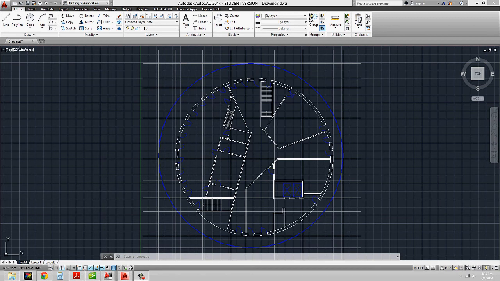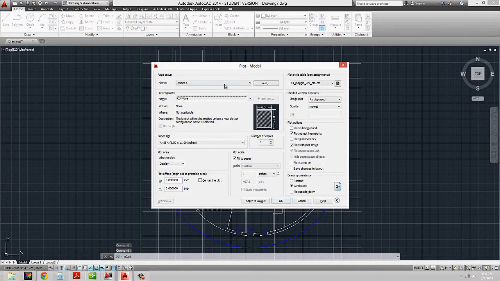So now in continuing after we've done all that, we're back into model space. I'm back in my plan, and what I can do is Control P again to call up my plotter manager, and you'll see that everything is blank, okay? Rather than setting it up again, under page setup, now that we set it up once, every time that we've